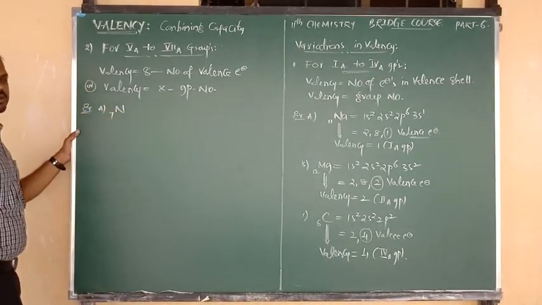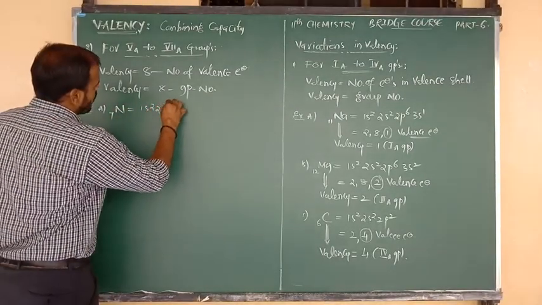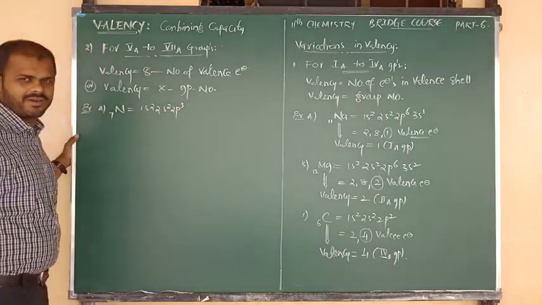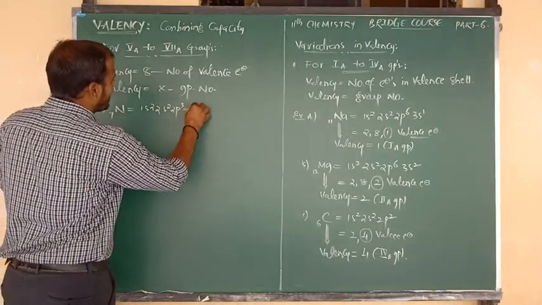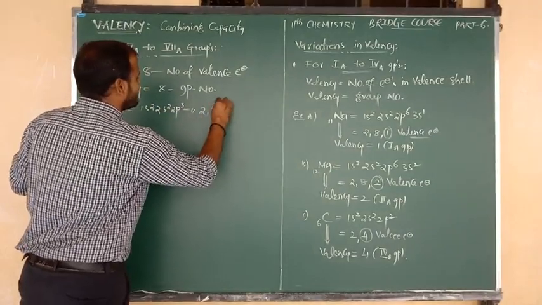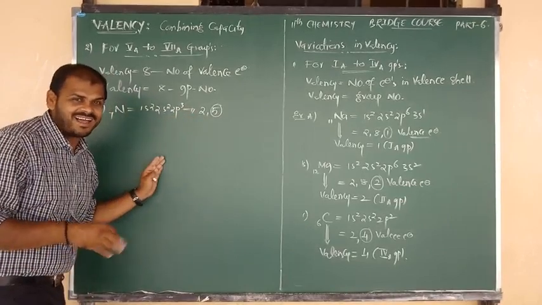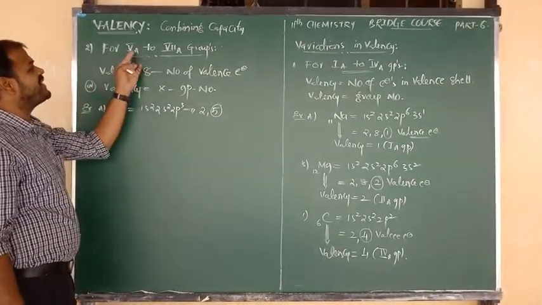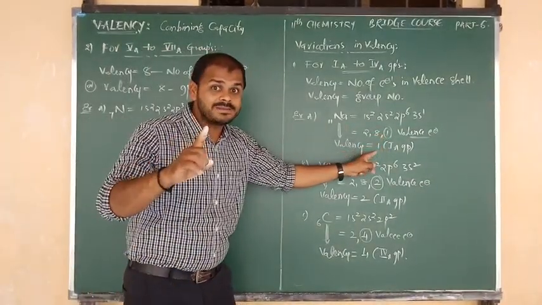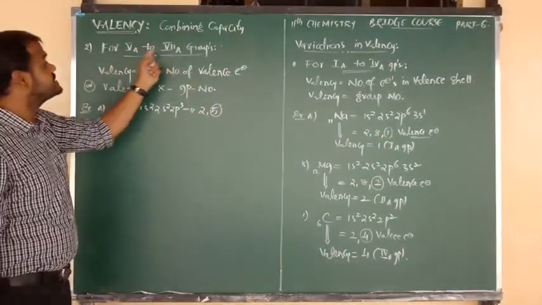Nitrogen atomic number is 7, symbol is N. So 7 electrons are there. So 1s2, 2s2, 2p3. 2 plus 2 is 4, 4 plus 3 is 7. First 1s2 means 2 electrons, 2s2, 2p3, total 5 valency electrons are there. In the case of sodium, how many valency electrons? 1, and valency is 1. But here we can't give such an answer, because this is 5A to 7A group. The rule is different; valency electrons are different, valency is different in the case of 5A to 7A.